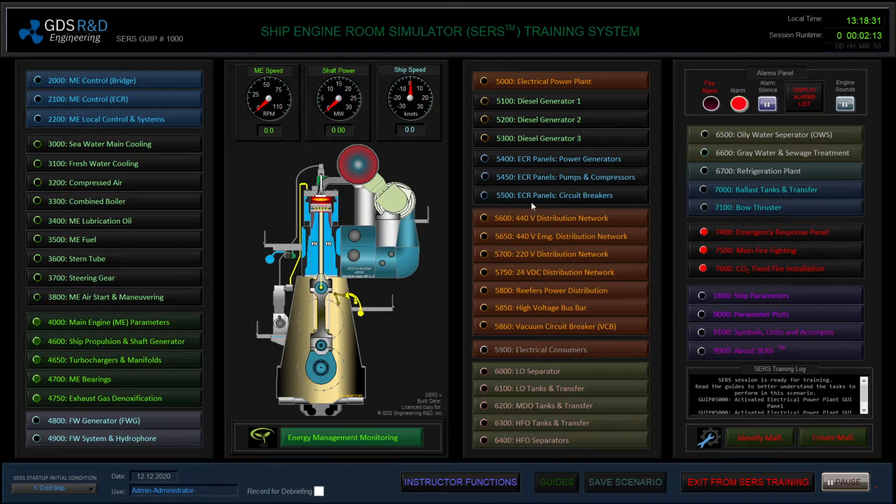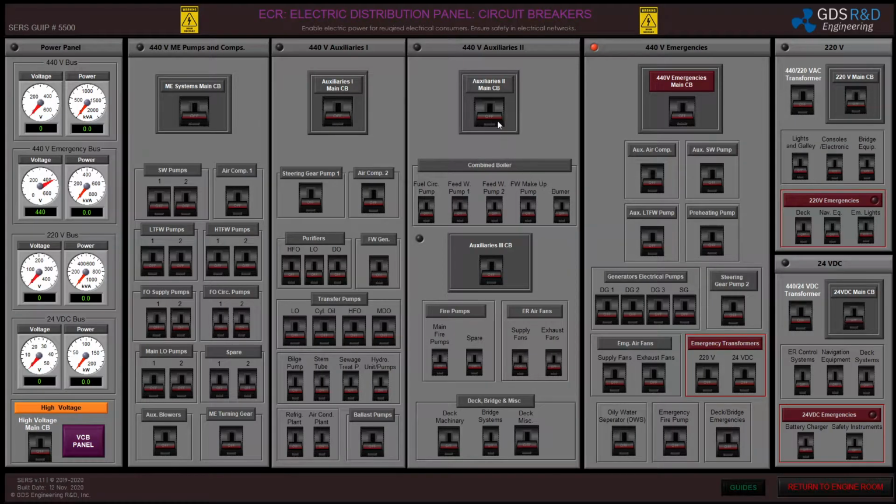To be able to feed my systems in the engine room, I will engage the breakers first. Right now, as I said, I am only feeding my emergency bus bar.